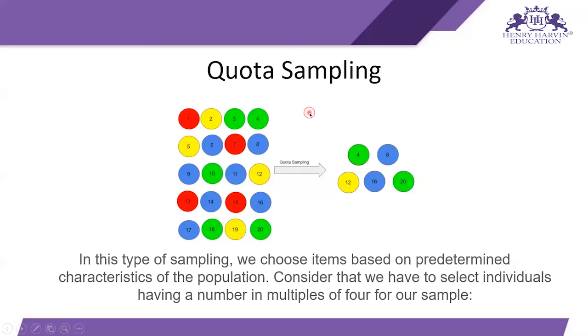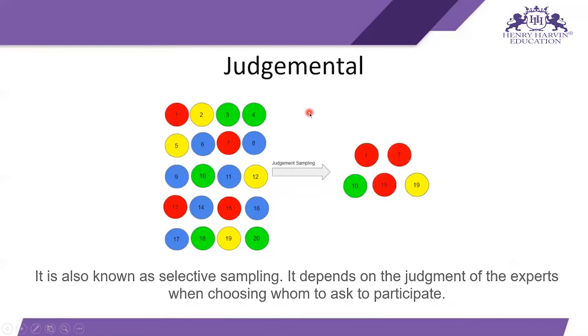Next comes judgmental sampling. It is also known as selective sampling. It depends on the judgment of the experts when choosing whom to ask to participate. So to explain judgmental sampling, I will take a simple example. Let's say you are studying in a school, and